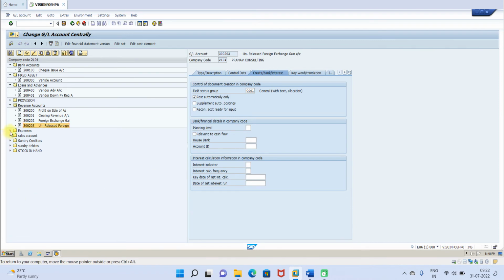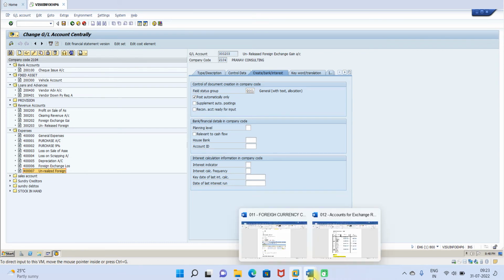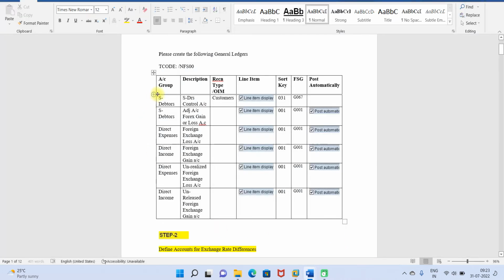Then under the expenses, you have foreign exchange loss and unrealized foreign exchange loss account. These are the accounts you need to create. So these are similar accounts. Please, you need to create them in FS00. If you want, you can take a screenshot. Now, after doing this,